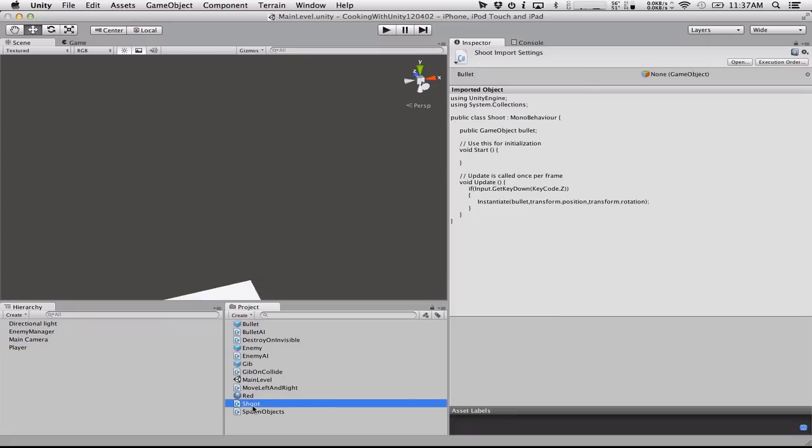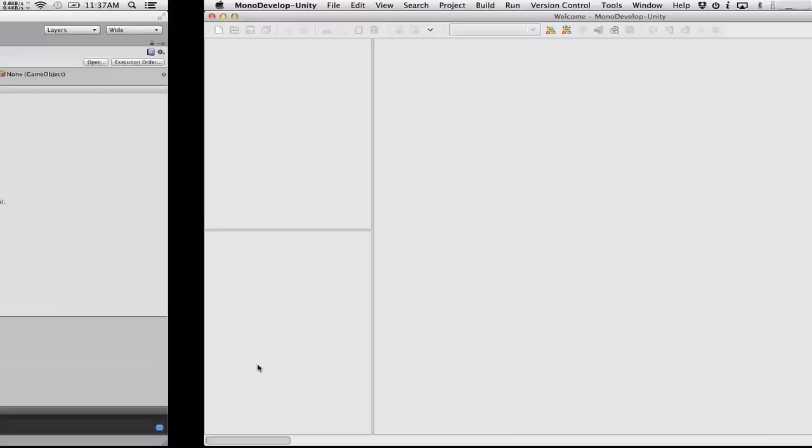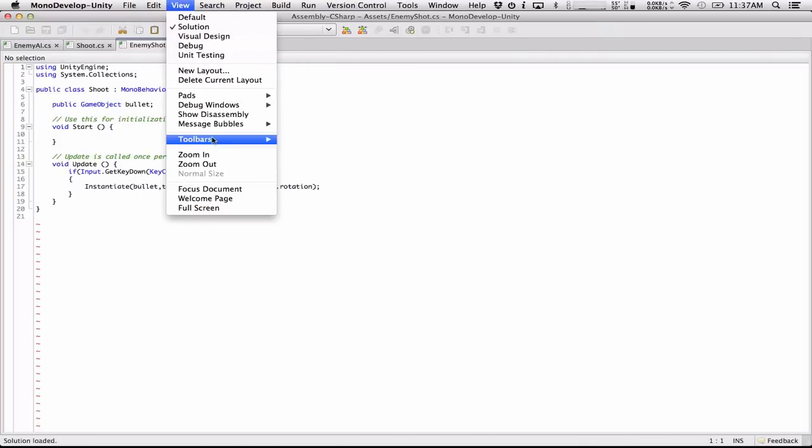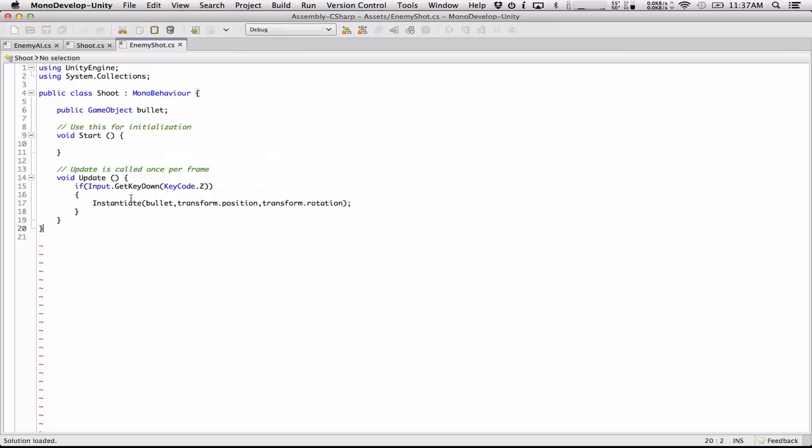So our shot code is going to be somewhat similar to our existing shot code, except instead of getting it from pressing a button, we're going to do it randomly at a certain time. So we're going to duplicate this script, and I'm going to call it enemy shot. And we're going to open it up, and I'm going to zoom in just a little bit here. So all we had here was it just instantiates the bullet, and the bullet handles its own AI in this